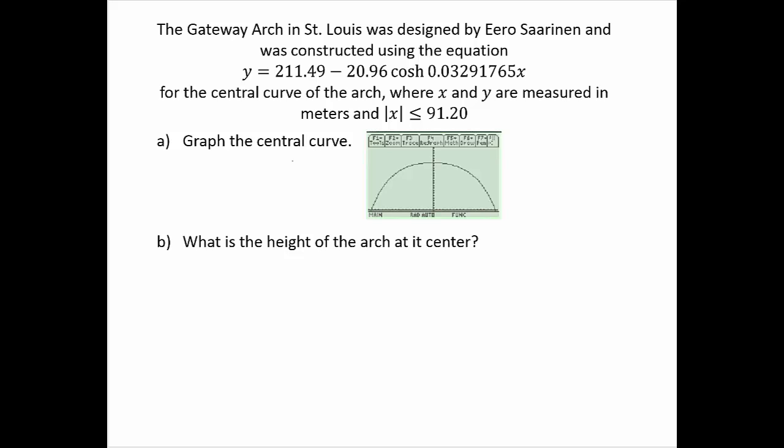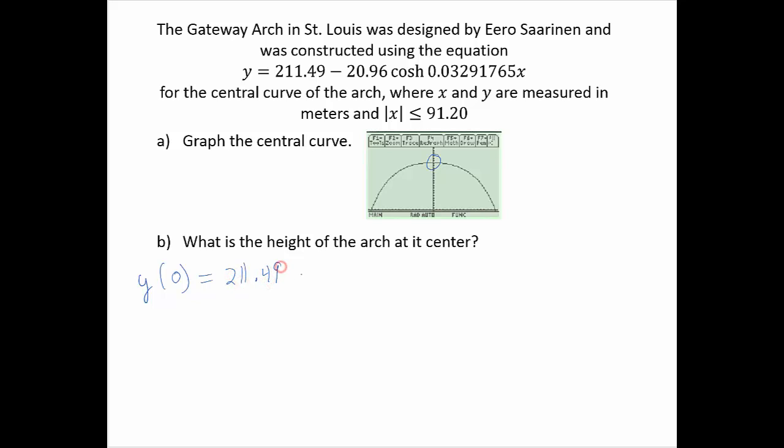And we're asked, what is the height of the arch at its center? So, what is this center value? And we can actually do this without the calculator. What's the height of the arch at its center? Well, that would be the value of y when x is 0. And so that would be